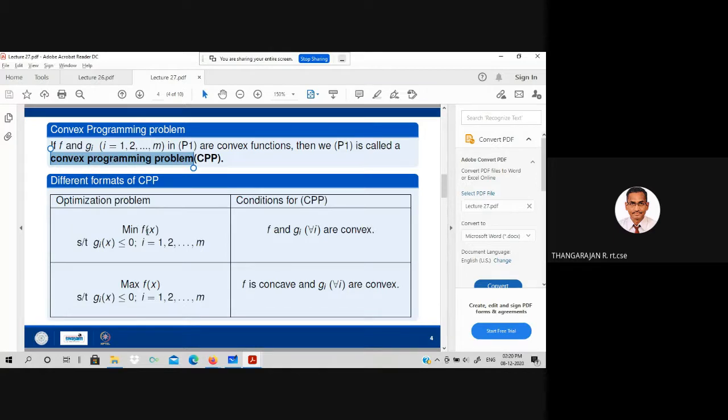Then in that case, it should be a minimization problem. In that case, f and g should be convex. If it is a maximization problem, in that case, f should be concave and g should be convex. Next is